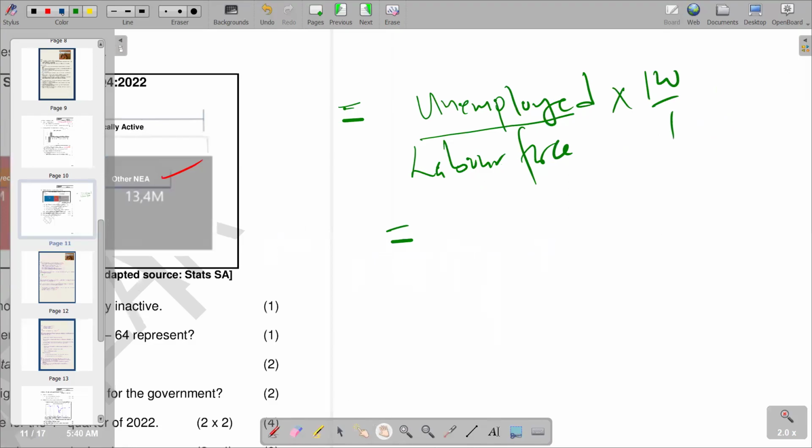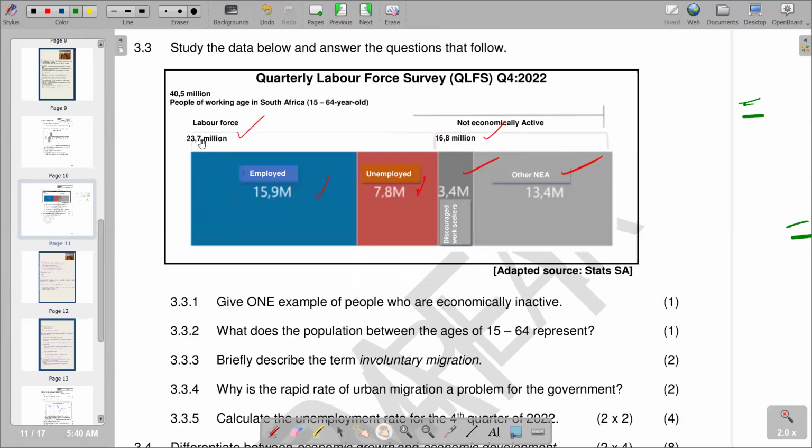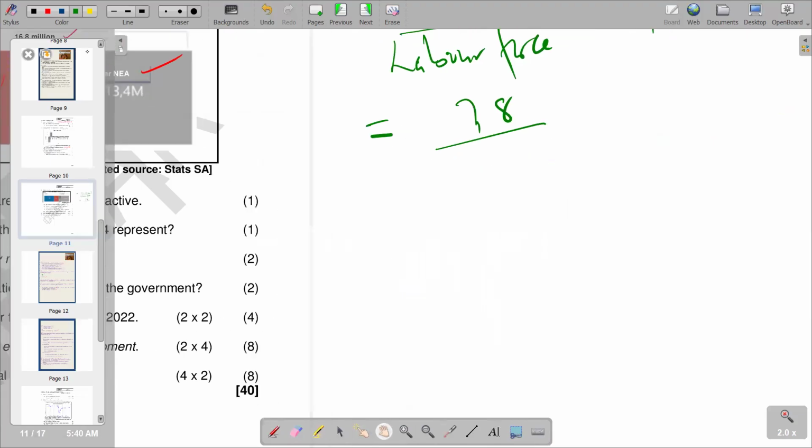So we can just put our 7.8 and then we say over our labor force. You see that our labor force given here is 23.7 million, which is 15.9 million plus 7.8 million, and you get your 23.7 million. So the denominator is 23.7 million, then you multiply by 100 over 1. So let's calculate that by saying 7.8 divided by 23.7, and then you multiply by 100 over 1. And then the answer that you are going to get is going to be